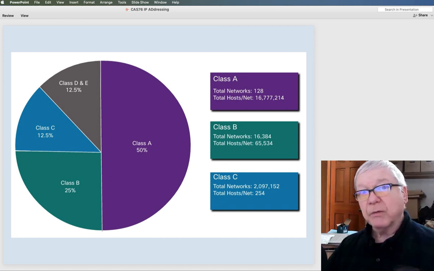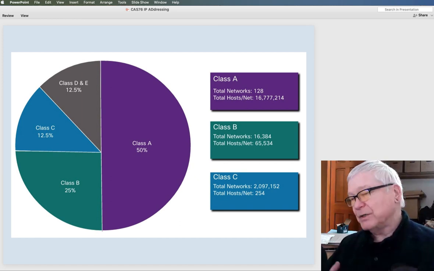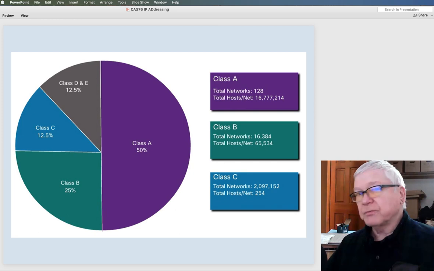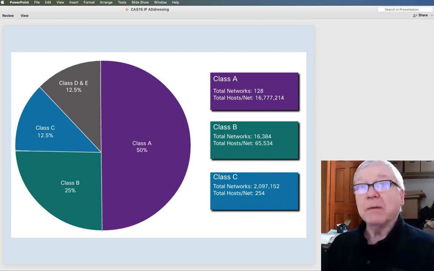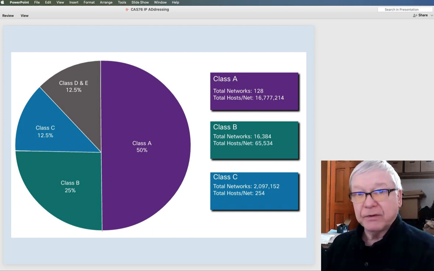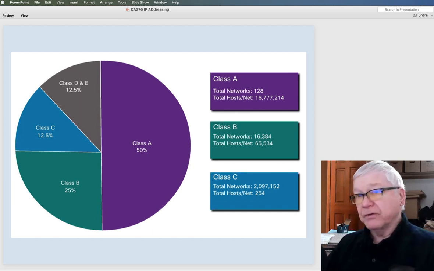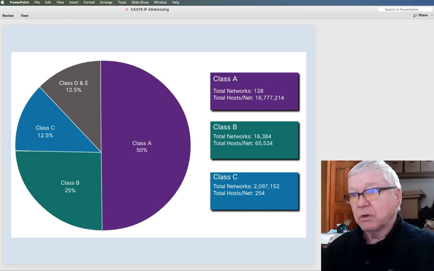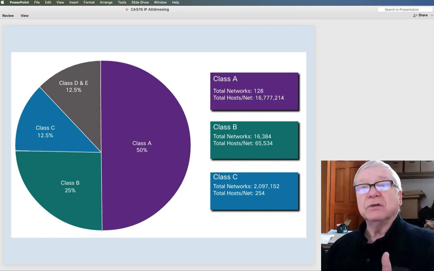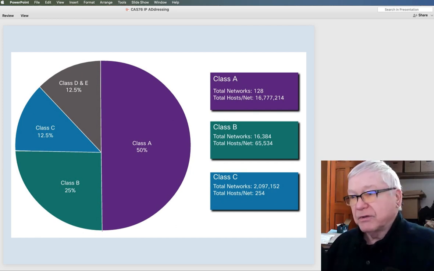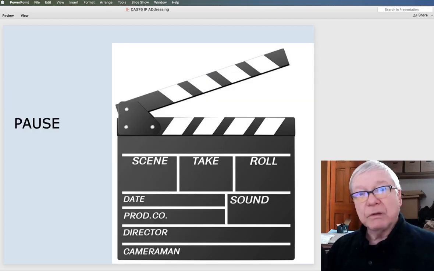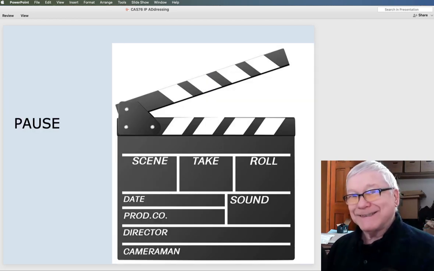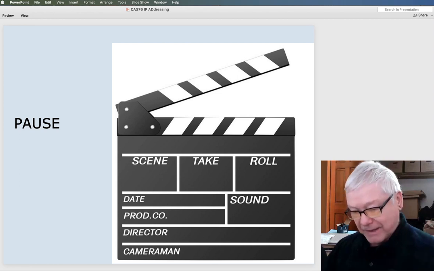Of course, this is why we went to IP version 6, which we're not going to use very much in this particular class because there's just not enough time. But we need a whole lot more. 128 bits instead of 32 gives us a quadzillion billion addresses, enough to address basically all the atoms that we have. So pause for a second, take a breath, and think about all that.